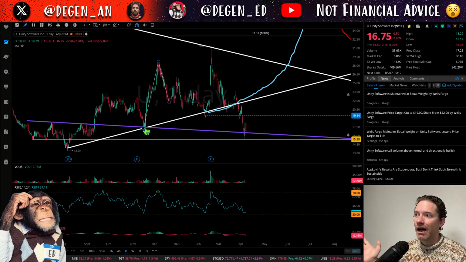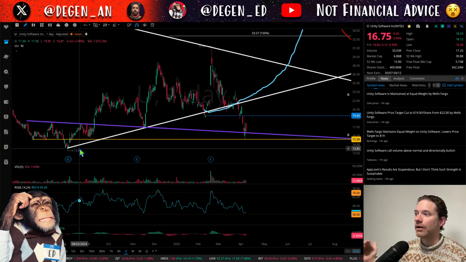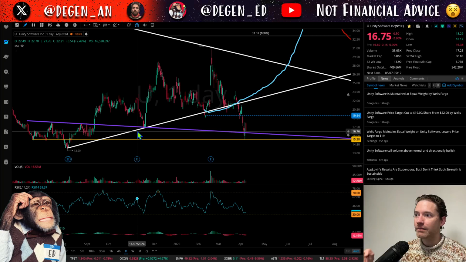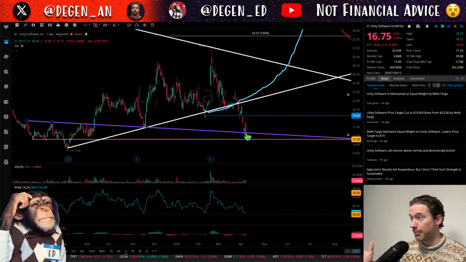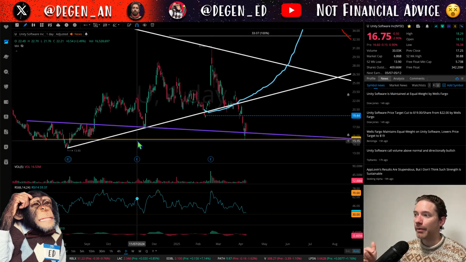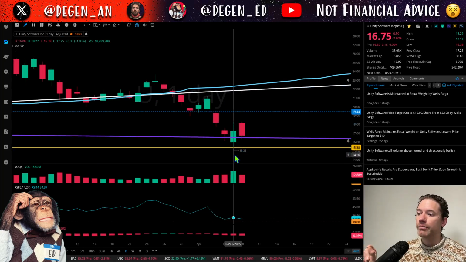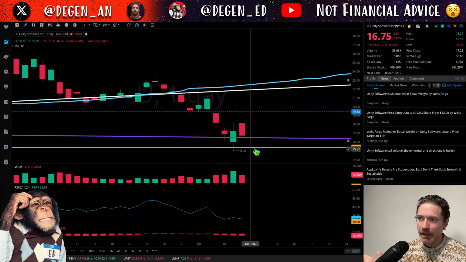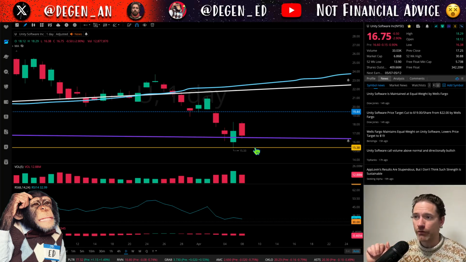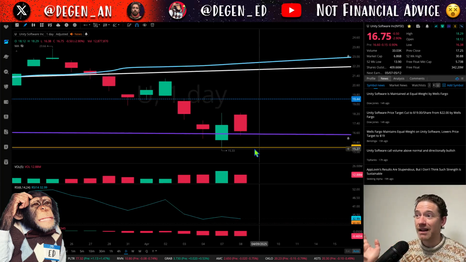We do have a confluence of levels here: that neckline, that purple line, and also this uptrending white line. We've pulled back to that purple neckline. We've also pulled back to 15.38, when we hit a low on Monday the 7th of 15.33. So that was a beautiful dip buy level. I had talked about this either during a stream or in the last Unity Software video that I put out. So congrats if you took advantage of that. I'm happy that I did.